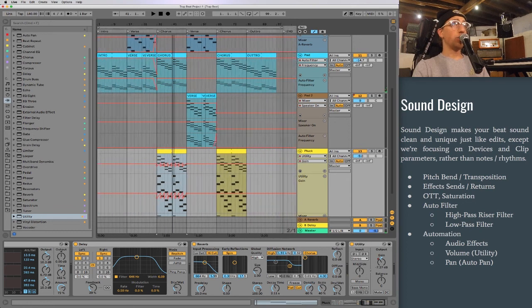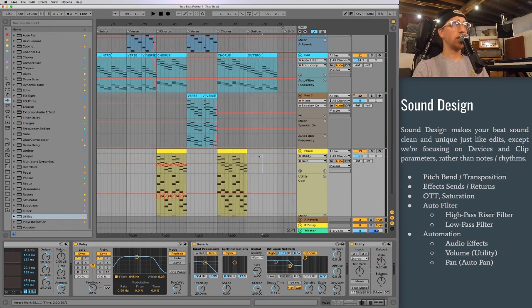Nice. And now that we've drawn that automation there, rather than drawing it again on our second chorus, we can just hold Alt and copy that whole clip over there, and you'll see that the automation moves with it. If you're ever copying clips and you don't want the automation to move with it, you've got this